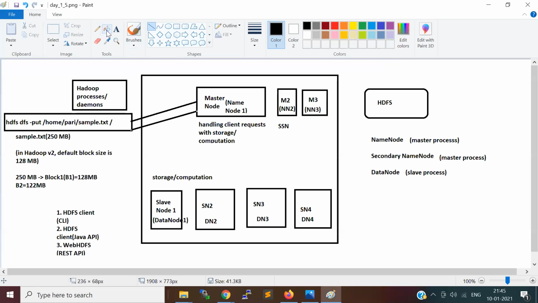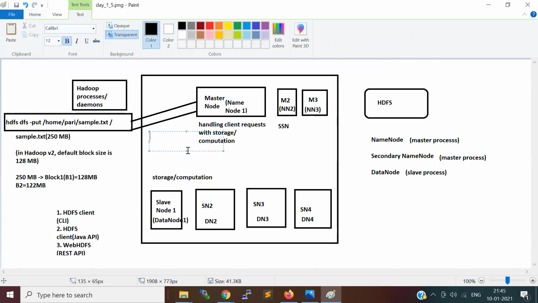The information it gives is basically the number of blocks, and then the IP addresses of the nodes where it has to store them.